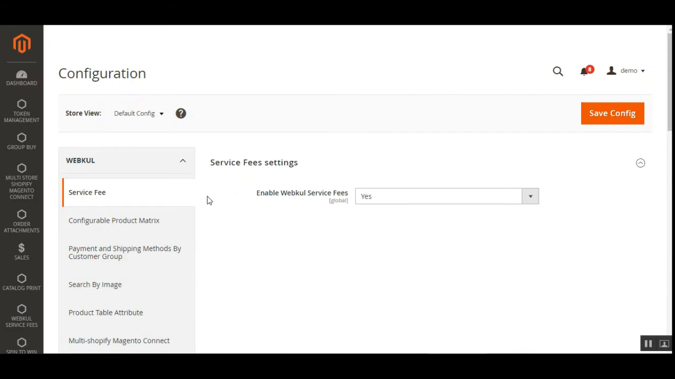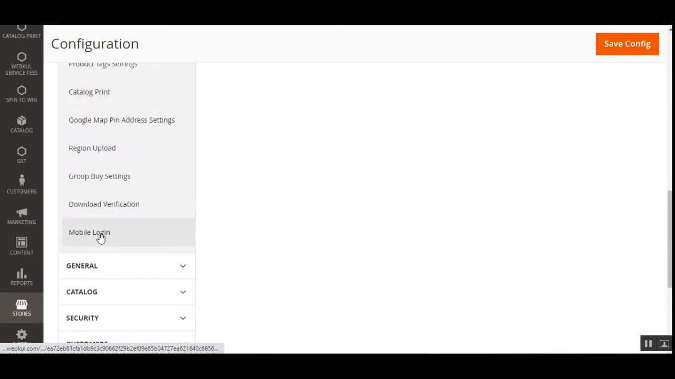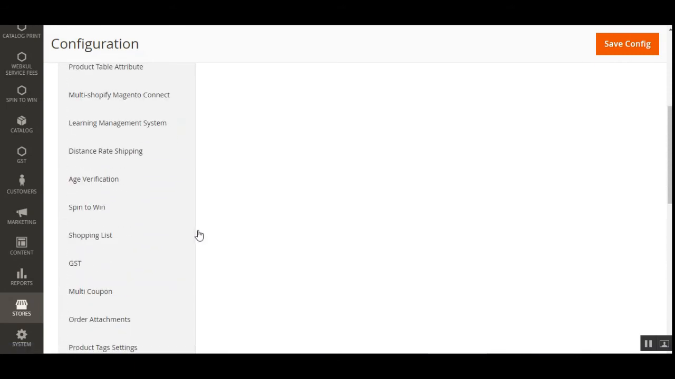Now let me take you back to the configuration page. On the configuration page, under the Webkul block here on the left-hand side, just navigate to the mobile login section. Right now this is a demo that I've used, and within this instance some different plugins are also installed. After you've purchased the mobile login plugin for Magento 2, only this particular option would be available for configuring the module itself. So let me tap on the mobile login option here,